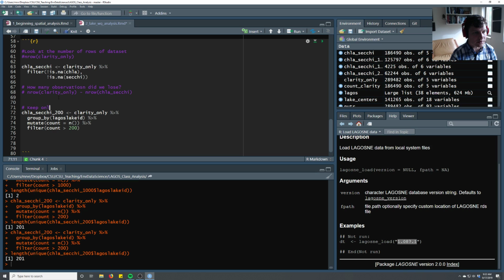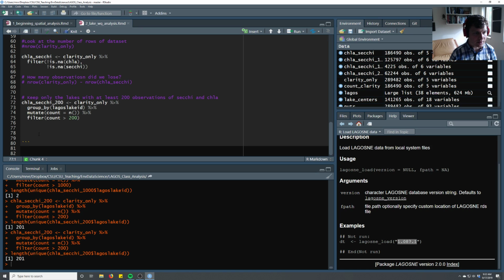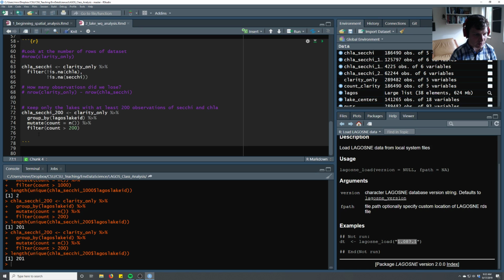Keep only at least 200 observations of Secchi and chlorophyll A. And together, those are a total of 62,000 observations. So some of these lakes have far more than just 200 observations. Okay. And if we wanted to take a look at how many observations each lake has, we